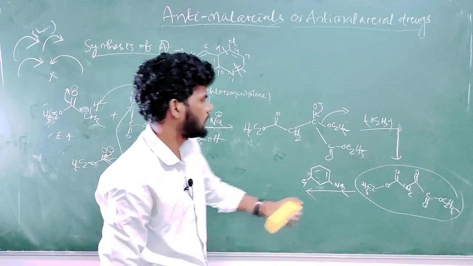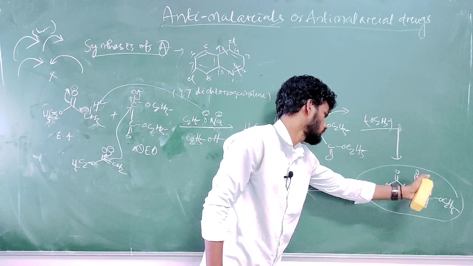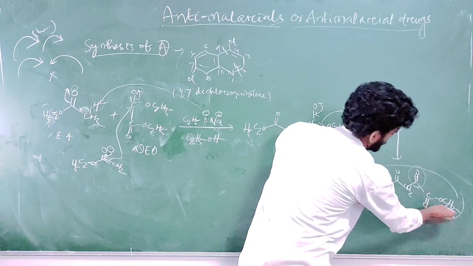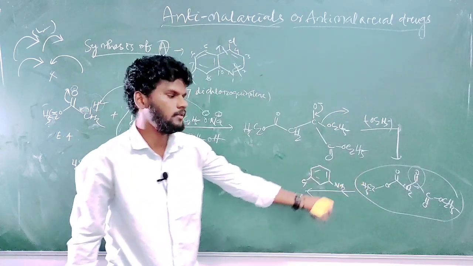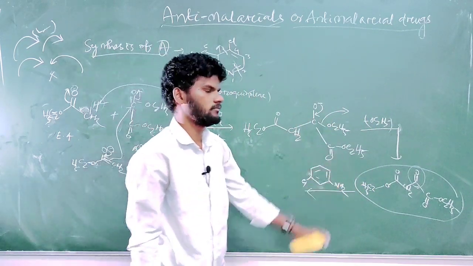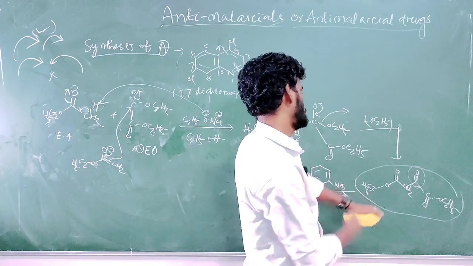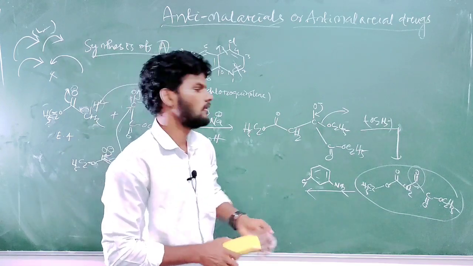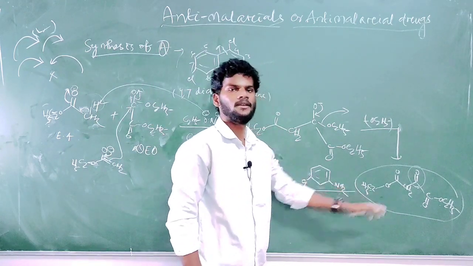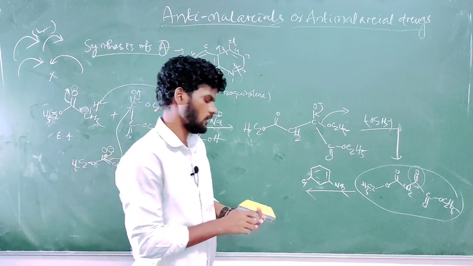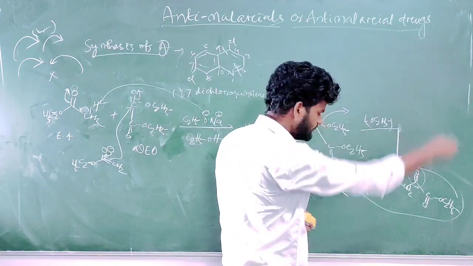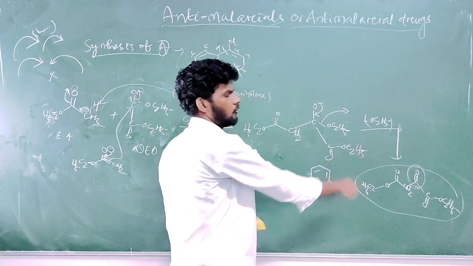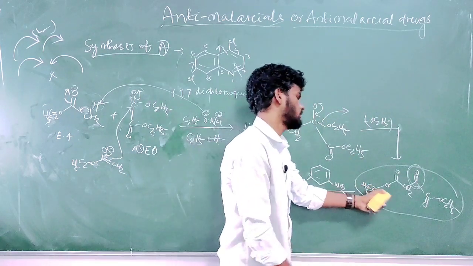So what will happen? There is one carbonyl group here. These are carbonyls but attached to OC2H5, less reactive than this ketone type carbonyl group. So all of you write in the structure, among aldehyde, ketone, ester and acid chloride, which is more reactive towards nucleophile. So the ketone type carbonyl group is more reactive than ester groups.